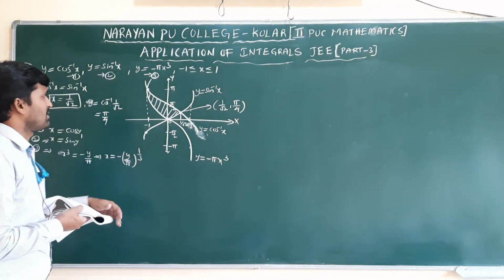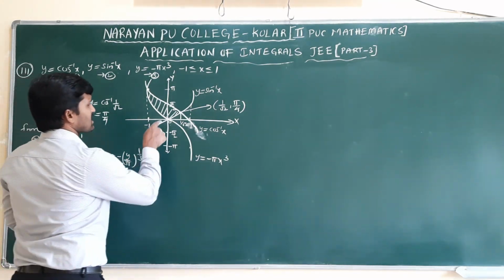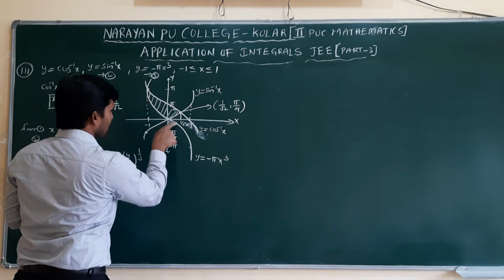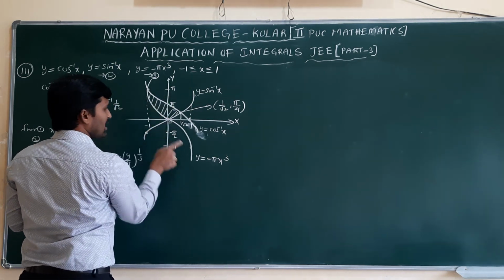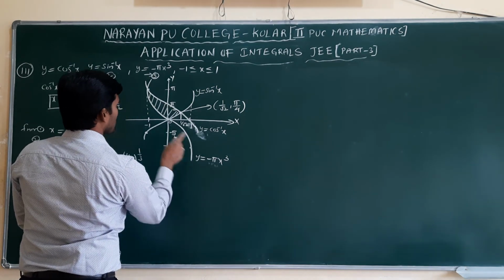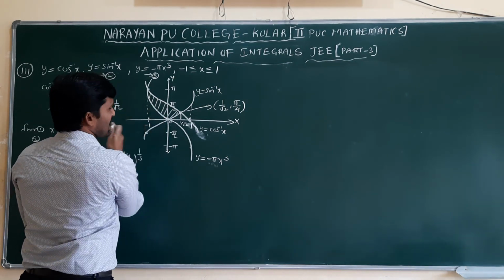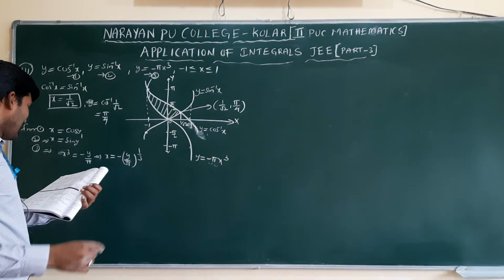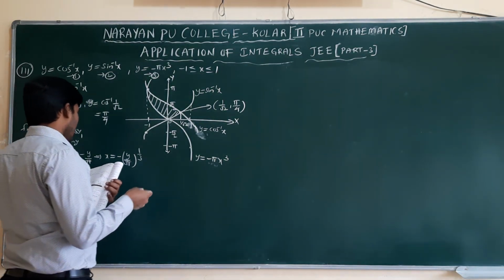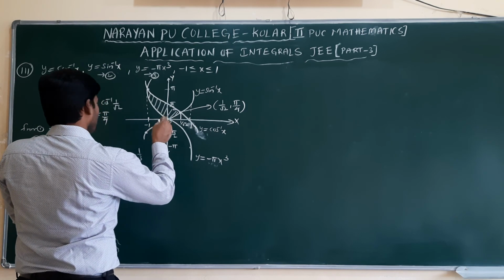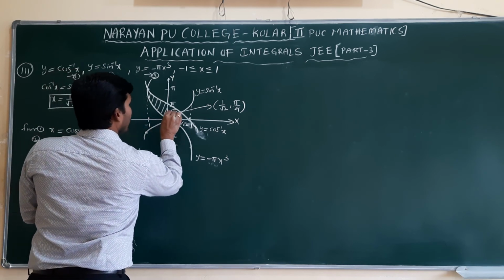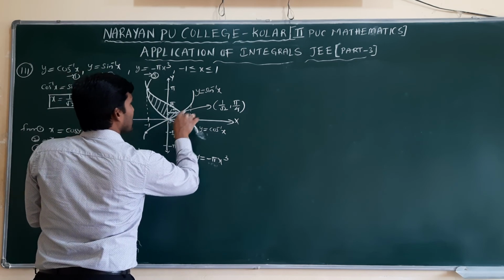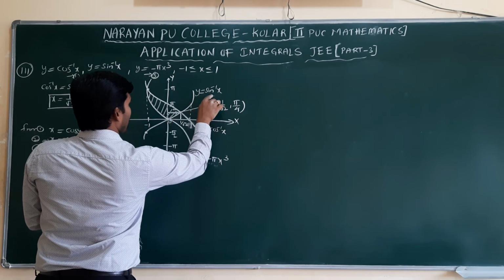Here observe clearly. This region exists along the y axis from where to where? 0 to pi, this curve is clearly there. From 0 onwards up to pi, which curve is there? Minus pi x cube, but it is on the left side of the y axis, that's why we need to take modulus. Next, two terms are there. From 0 to pi by 4, this is the y value. Which curve is there? Only the sin inverse x graph.